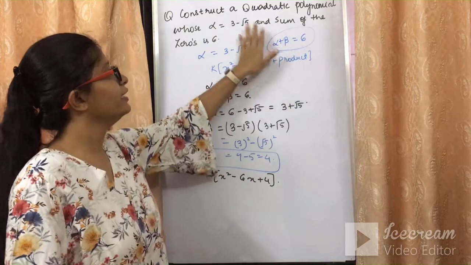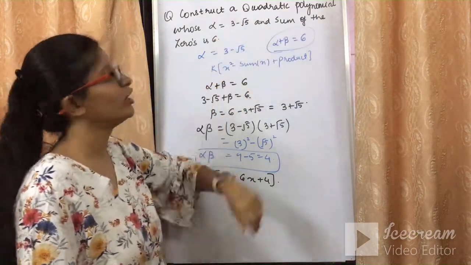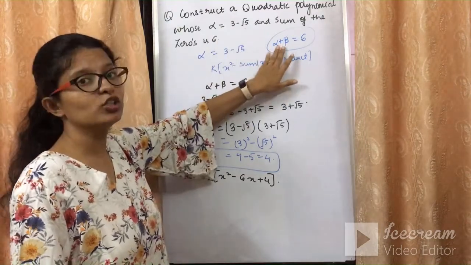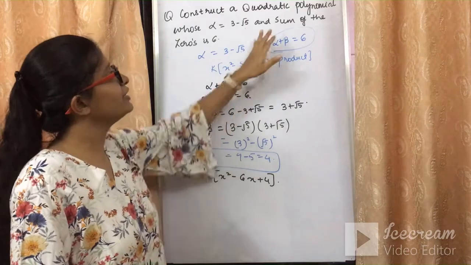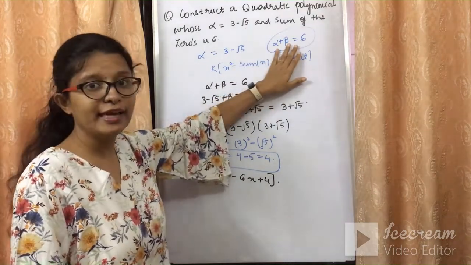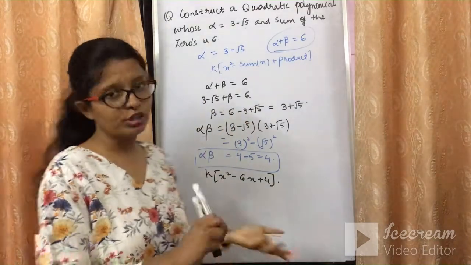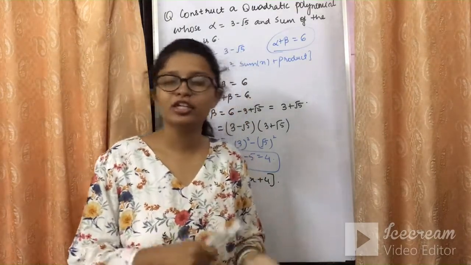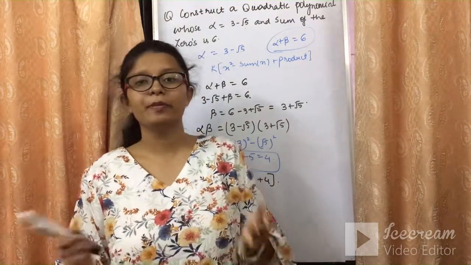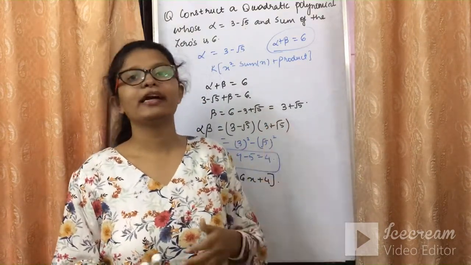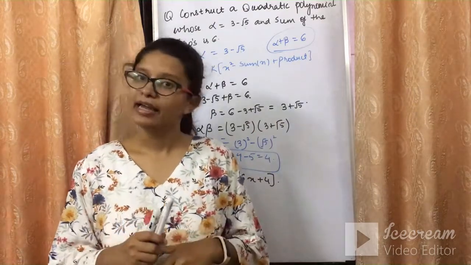Here, instead of directly giving you the zeros, you have been given one zero, and for the other it is said what is the sum of the zeros. Since the sum is given, from there you can find the other zero and the product. Vice versa, if the product had been given here instead of the sum, we could still do it. So that is the way. Either the two zeros will be provided to you, or one zero and the sum or the product will be provided to you, so that you can find out the polynomial for the given zeros of the equation.